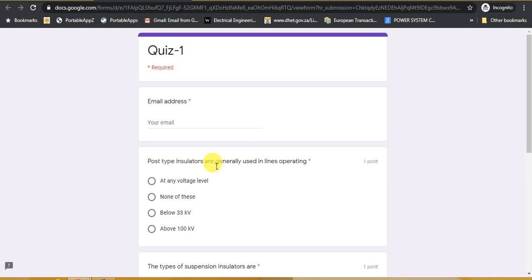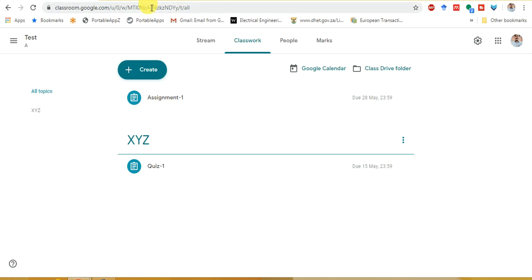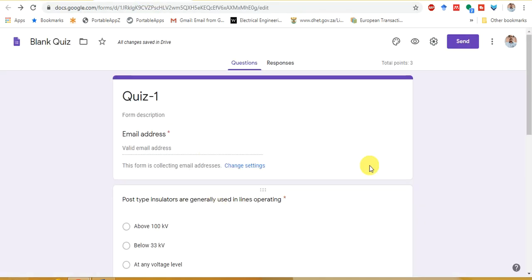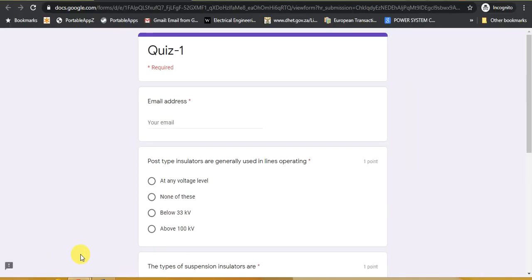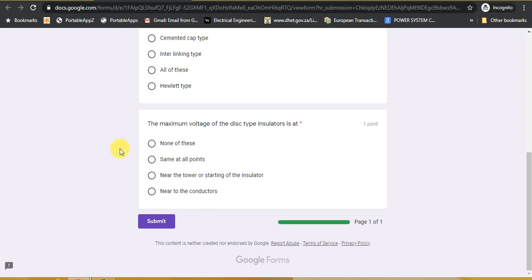In this, you see the question: post type insulators are generally used in lines operating. So this is the first question, and in our quiz, when we created that assignment, this was the first question, and the options were 100, 33 at any voltage, and none of these. Now in this, the options are changed, meaning the options are shuffled.